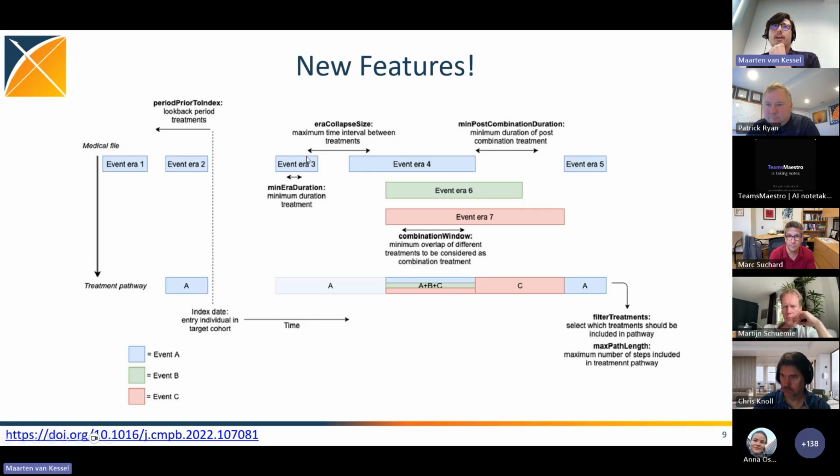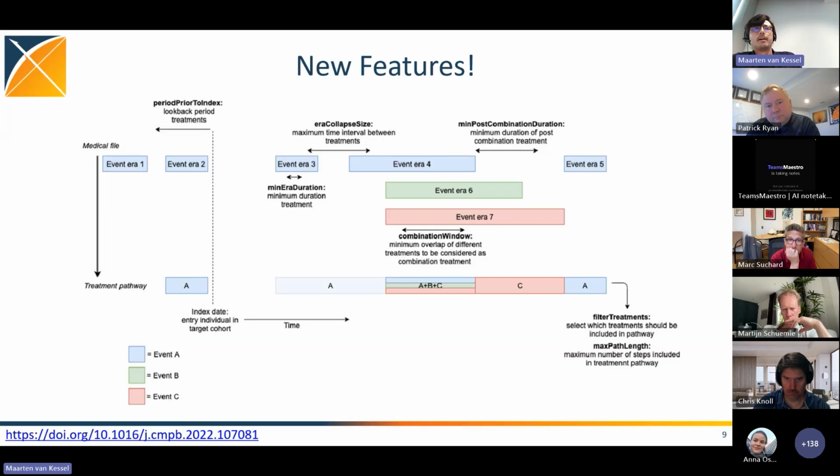Should maybe different eras of the same mitigation be collapsed into one continuous era? Also, a combination window. What if two treatments overlap significantly? Should they be combined and be considered as sort of a separate entity rather than separately? So there's all these parameters that give you a lot of control over how these